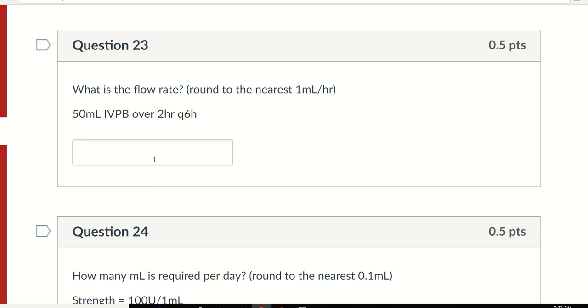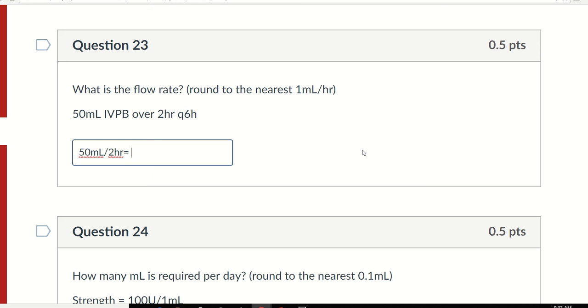All right, flow rate. The units of flow rate are mLs divided by hours. It even tells you to put it over 2 hours, so all you have to do is take your mLs and divide it by 2 hours. Please enter the final answer. Do not enter all the math that I'm writing in to explain to you how to do this. So what should you enter as your final answer